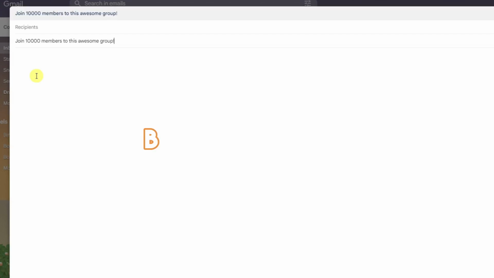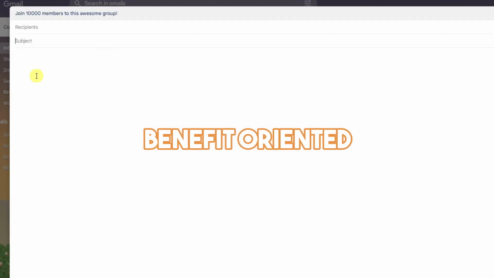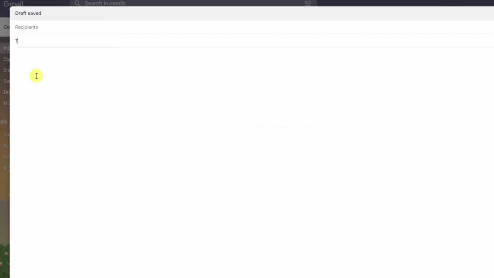Next type is benefit oriented. For example, these are the samples: 7-day free trial, rather, 7-day free trial extended. The idea here is that the recipient will know the benefit he will get upon opening the email. That's one thing. This is actually my favorite one of the types, to make sure I always have those